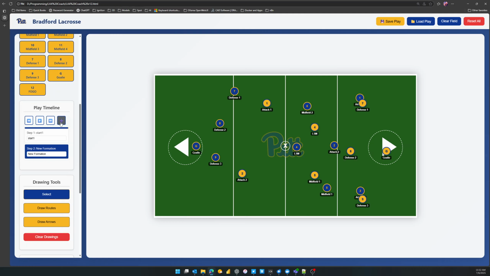Hit next, that gives you your next formation. It basically copies the current formation into the next formation is what it's doing. So if I move these guys around a little bit,